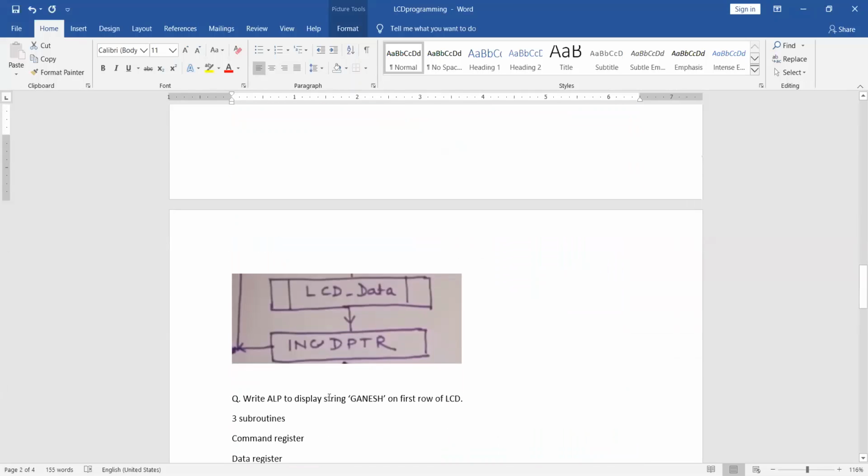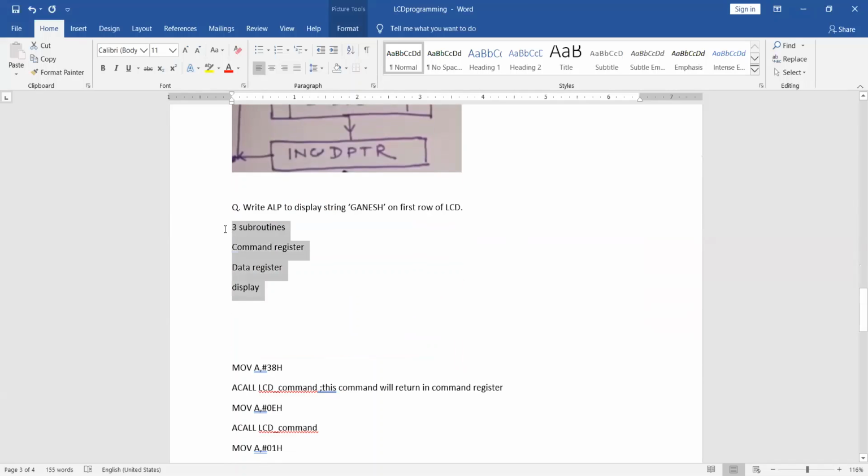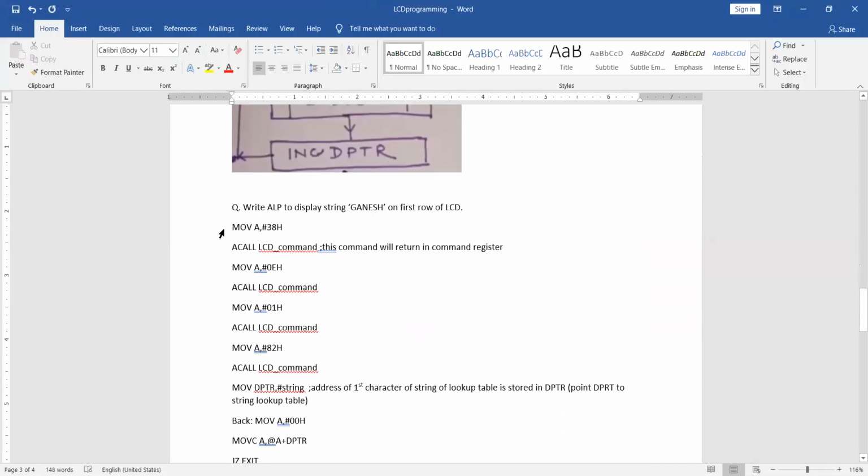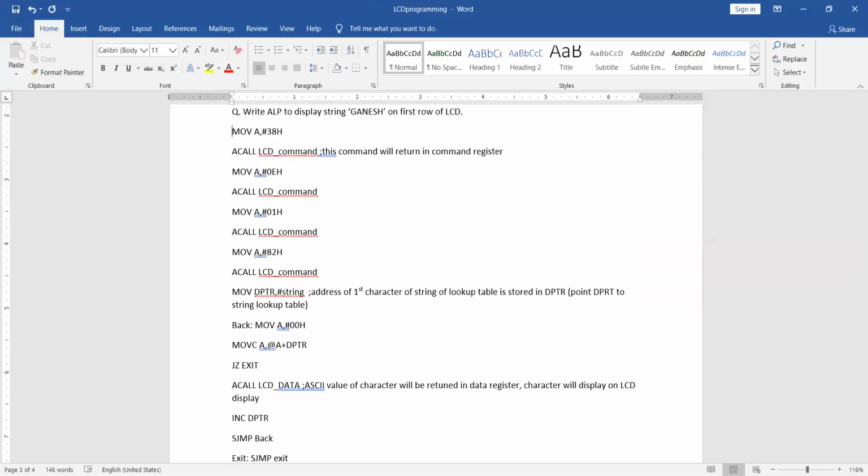Is it clear till this point? Is it clear or not till this point?